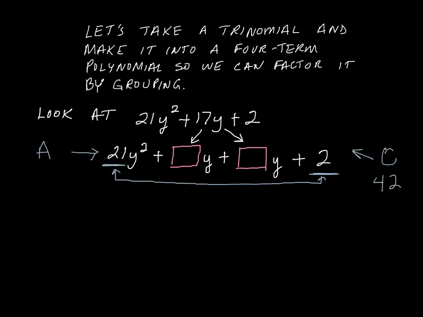Now, you know how when we factor a trinomial, we ask ourselves what two numbers multiply to the end number but add together to get the middle number? I went through that in 6.2. Well, you see this 42? We're going to use 42 to say what two numbers multiply to 42